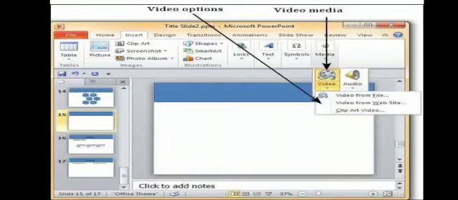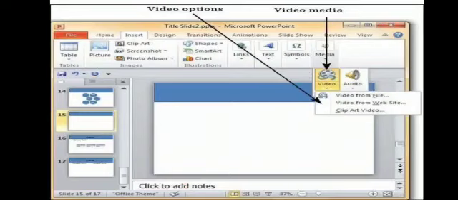Now if you want to add or insert video clips, why do we add video? Video clips add liveliness to the presentation. As the name of this chapter is liveliness of presentation, meaning to show it alive. You can add video clips from the Microsoft Clip Gallery also. Three options are given here also. From a file, from a website, meaning online, or from clip art video. So from anywhere you can insert it.